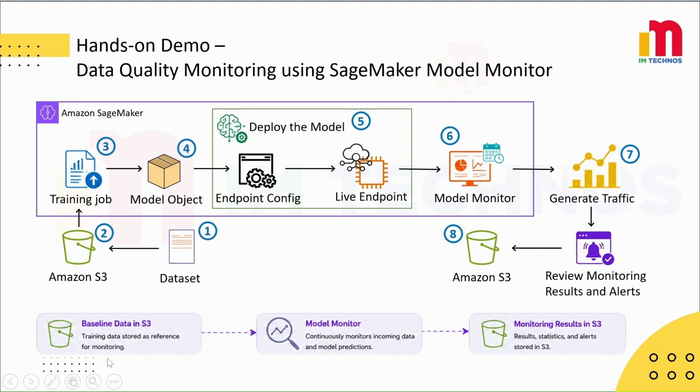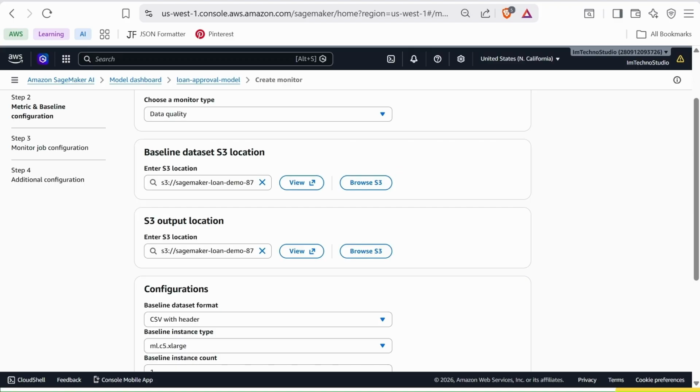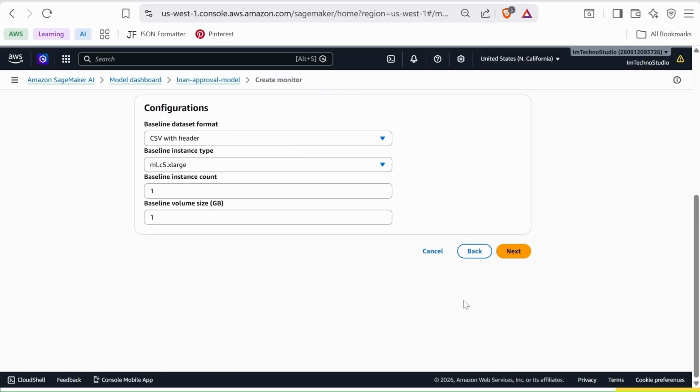So this is the baseline which will be stored in S3. In simple terms, a baseline is a reference point that represents what normal data looks like. And please note that once the baseline statistics and constraints are generated, the processing instance is automatically terminated. So once these settings are configured, click next to continue.